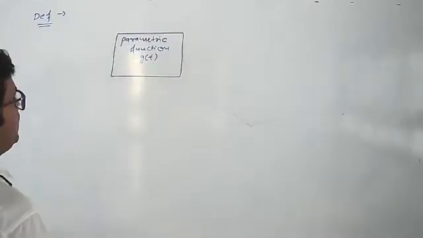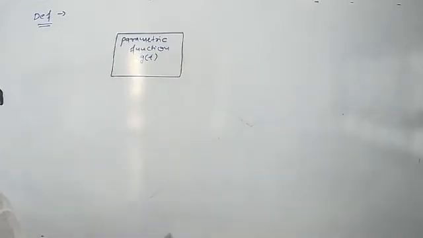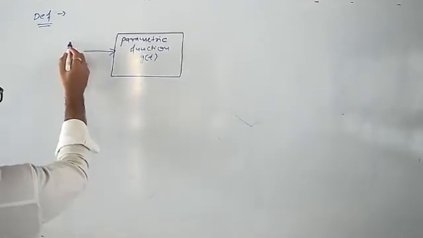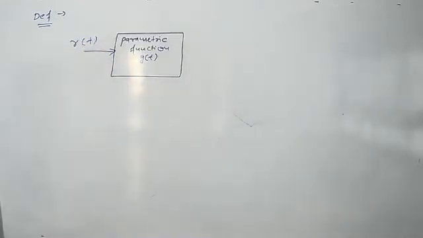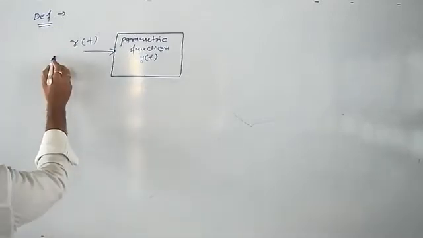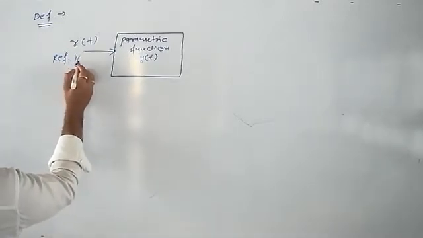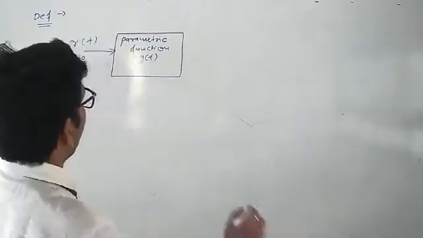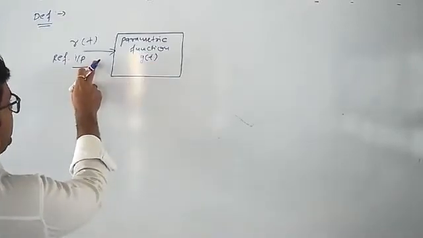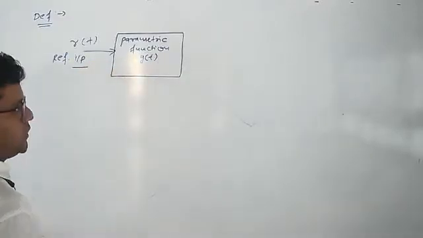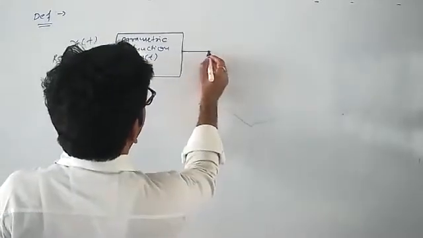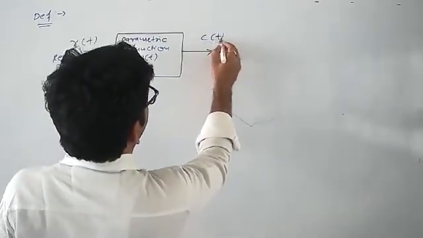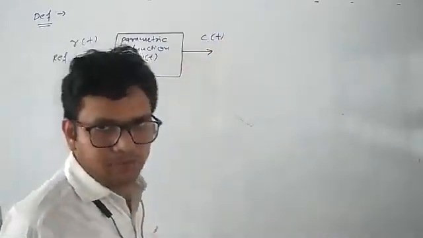So here we have the representation of our given control system via a parametric function indicated by the symbol g of t, assuming all initial conditions to be zero, and to this system we apply some input in the form of excitation. Let us consider that it is indicated by the symbol small r of t. This small r of t indicates the reference input applied as excitation to the control system, and when we apply it to this parametric function, it generates some output or response, which is indicated by the symbol small c of t.